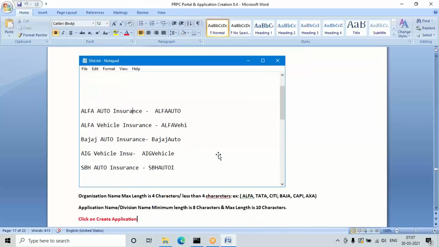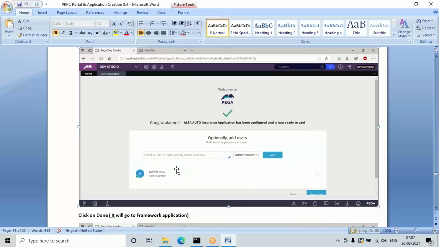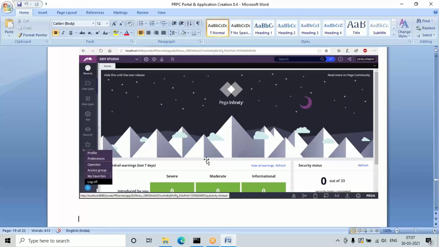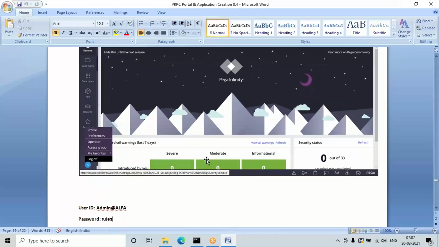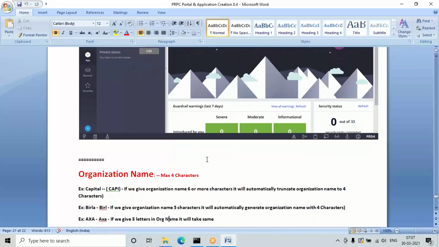This will create the application in the backend, and there is no need to generate a separate ID. The ID created for the framework can be used for the implementation here. In the same way, if you want to add one more implementation application, log into or switch to the framework application and follow the same procedure. Up to here I discussed in the previous session.